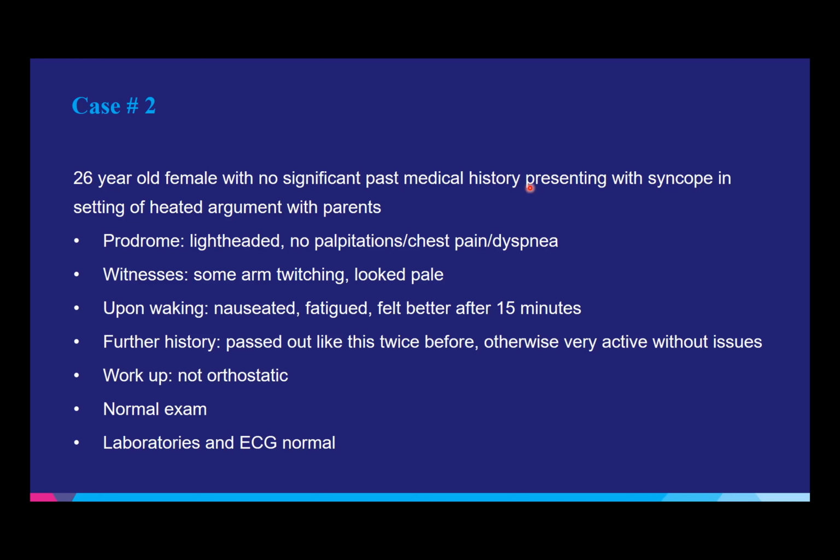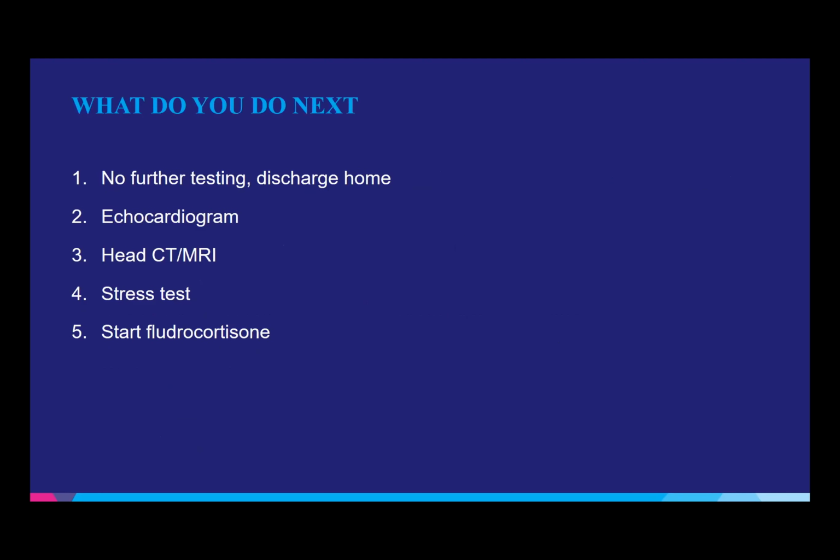Anyway, so exactly. It's a similarly aged woman, a similar setting, a heated argument, but you step in as a physician and you start to get some more history. This has happened before. She's looking very pale. She doesn't have any of the characteristics that the prior case had. So in this scenario, how many would do number 1?